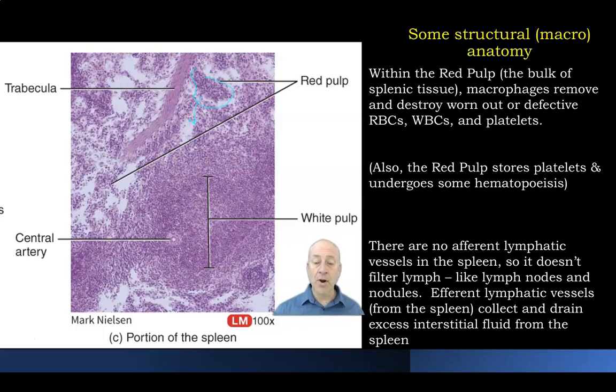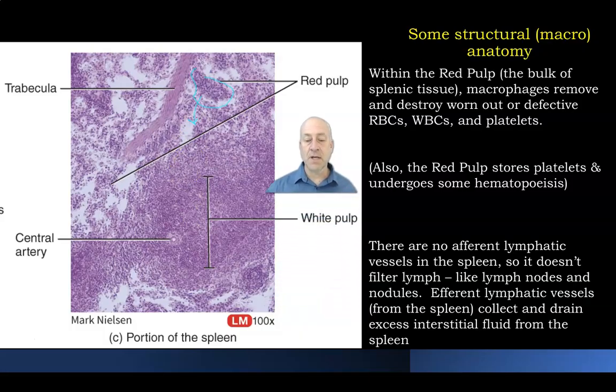And remember, there are no afferent lymphatic vessels in the spleen, so you do not bring lymph into the spleen. No lymph enters the spleen afferently. It filters blood, so it's not filtering lymph. You do have efferent lymphatic vessels. Why? Well, because every tissue has efferent lymphatic vessels, or lymphatic capillaries, because the blood coming through pushes out through the capillaries and enters the interstitial fluid, and you don't put as much back into the capillaries, and so you